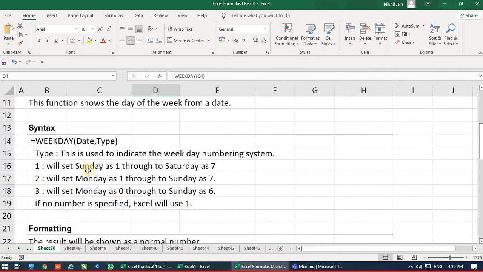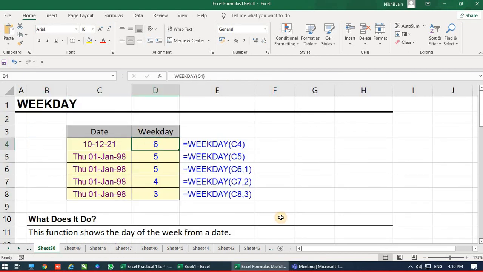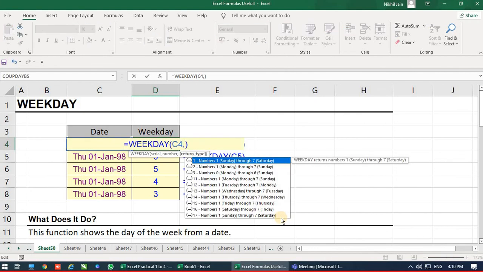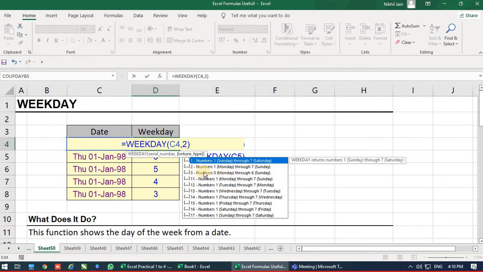over here, if you want Sunday as the first day, you have to type 1. So Saturday will be the 7th day. If you want Monday to be the first day, you have to type 2. So now if I give a comma and 2 and then press enter, see, there are so many formats. Sunday first, so 1. Monday first, so 2. Monday as 0, then it's 3. So many countries have a 6 day week, not 7. India, America, Britain, they are using a 7 day week. Some of the countries use a 6 day week. Even I was not aware which country has a 6 day week in their system.